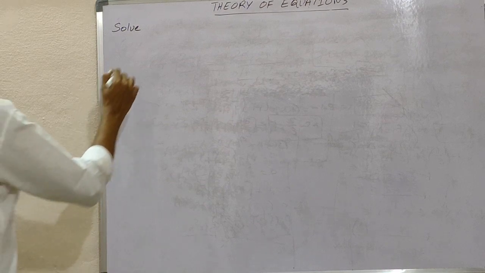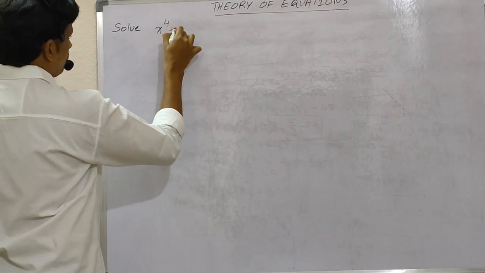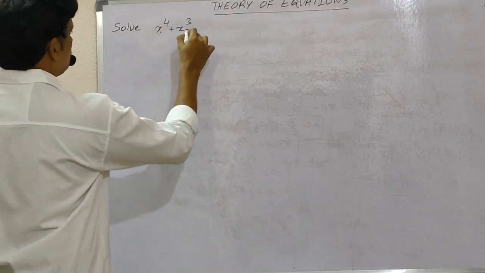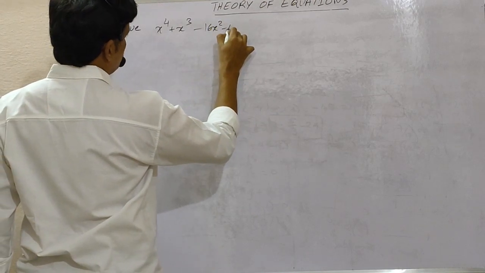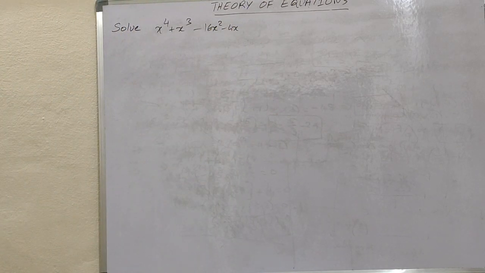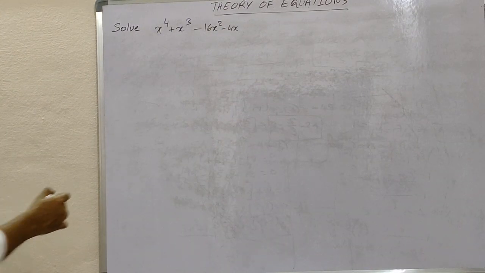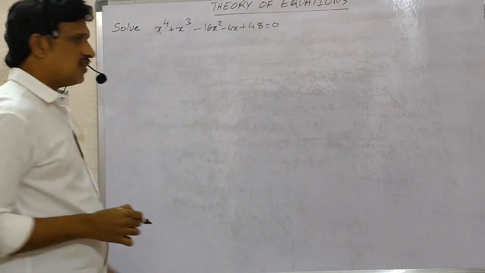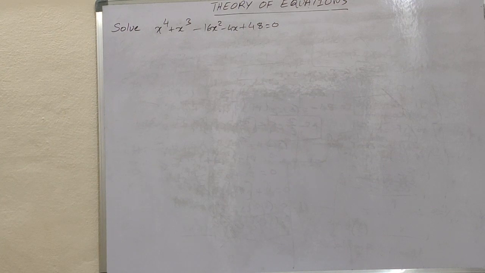Solve x power 4 plus x cube minus 16x square minus 4x plus 48 is equal to 0. So here you can observe the highest power of x, that is 4. So x power 4 plus x cube minus 16x square minus 4x plus 48 is equal to 0 is the